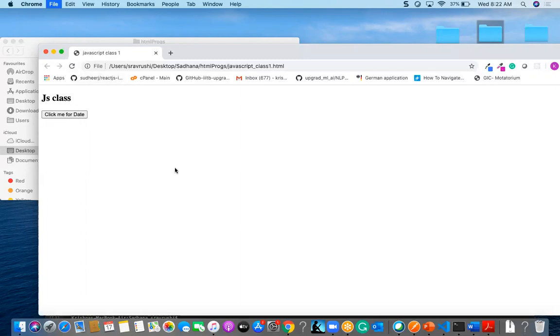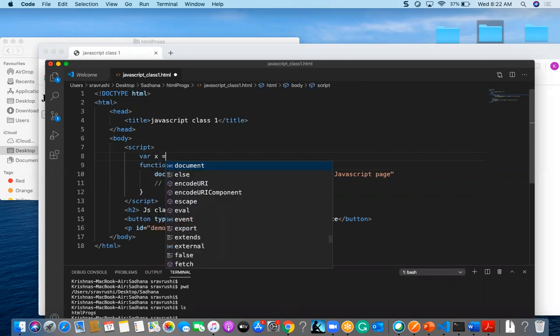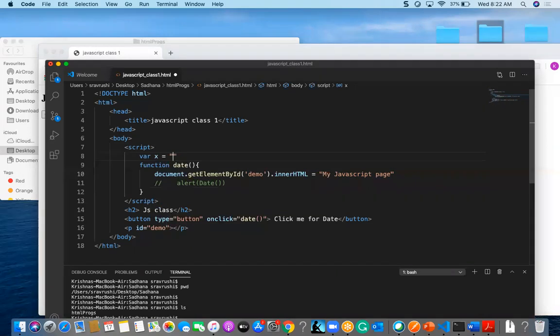Okay, and if I want to declare some variables inside the JavaScript, there are different ways. In general, you have to give it in the format of var, and here I am giving some x value. I am going to give some value to this, some phone number, 0861 2321 759.